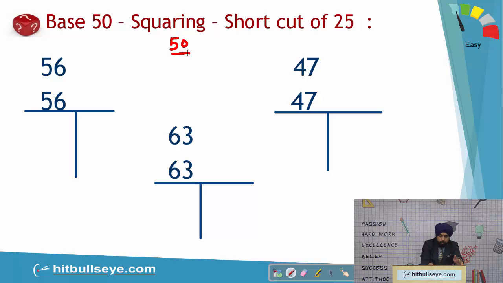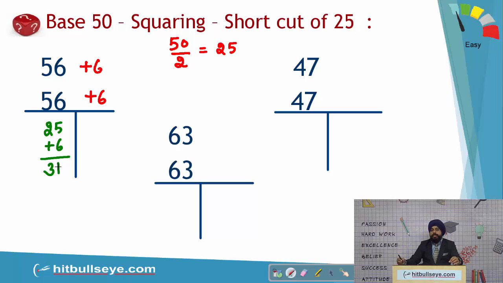So what we do, we take half of 50, 25, and keep that in our mind to solve the questions. Now here, first question, plus 6, students. I have taken the same question to make you understand. Now it was plus 6 and the number is 6 more than the base. So what you can do, students, you add 6 straight away in 25 to get the same number as your left hand side without doing much of the work.